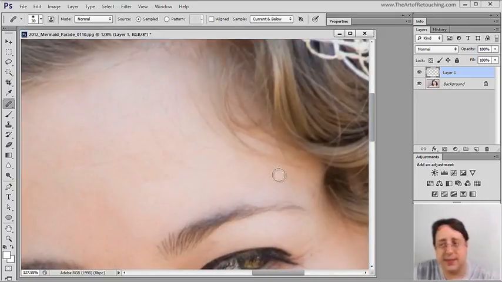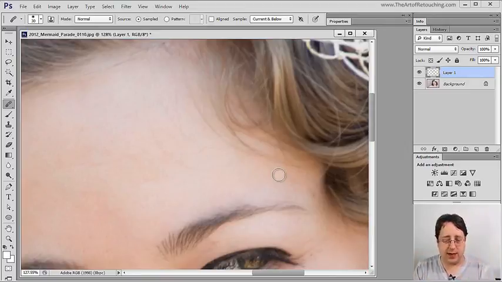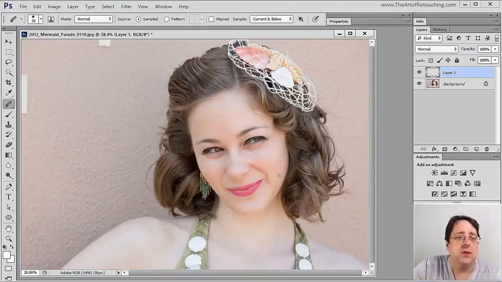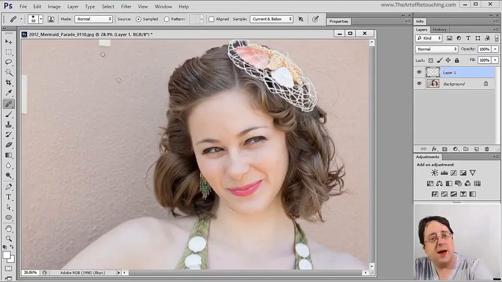And once you become acclimated to the tool and the clicking and the hand-eye coordination of using one keyboard command and one mouse button and moving around, this goes really quickly. You don't always want to use one and always use the other. So for example, if I use the healing that I used on her face that I just kind of zipped all over the place, if I do that up here,